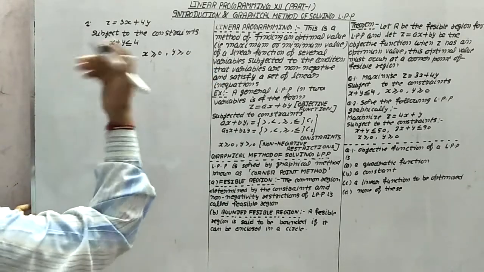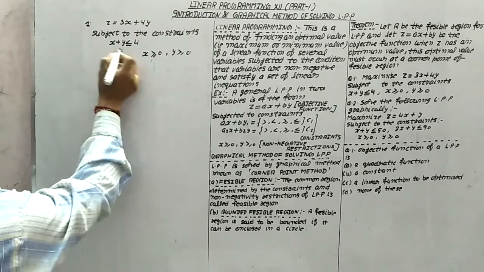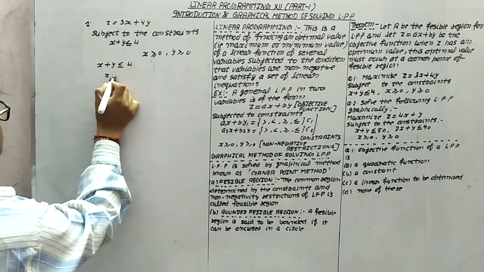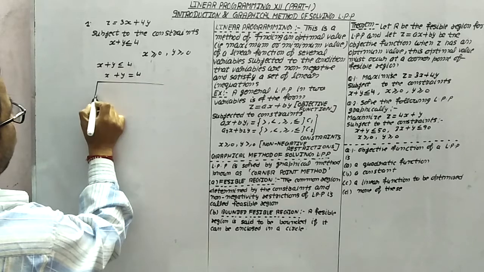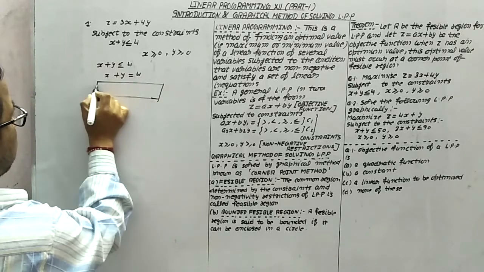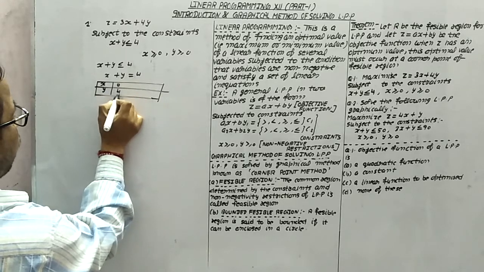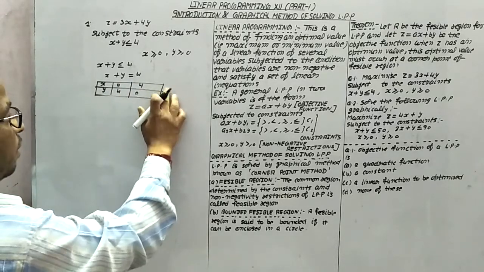First of all, as we did in 11th class in linear inequations, for this constraint x plus y less than or equal to 4, we will make it into a linear equation and find out the points to draw the graph, that means the straight line. If x is 0, y is 4. If y is 0, it means x is 4. And side by side, we will check